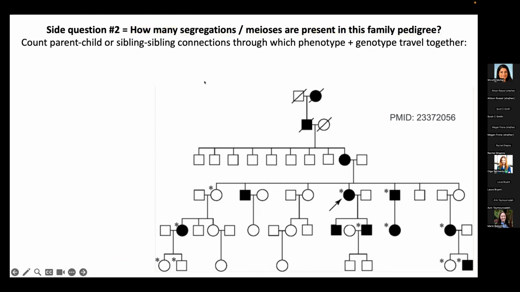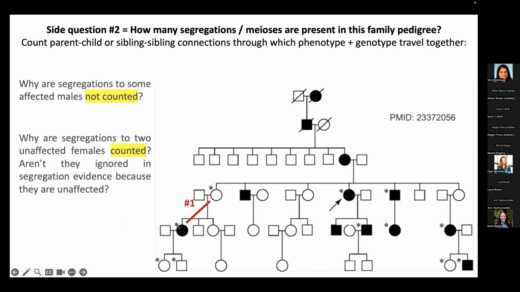The secondary question I wanted to run across, and I think Courtney was getting at this, is how many segregations or meioses are present in this family pedigree? The instructions say we're supposed to count any parent-child connection or sibling-sibling connection between 2 folks that are genotype positive and phenotype positive. I'm going to start with this female here on the left side of the screen. She has a connection to her mom, who Courtney said was,